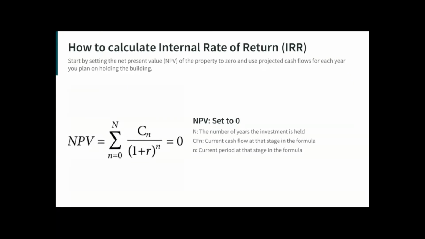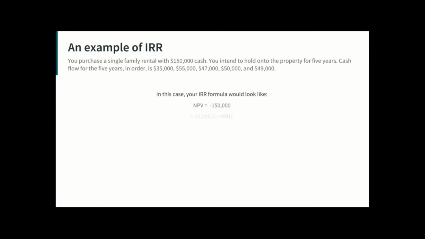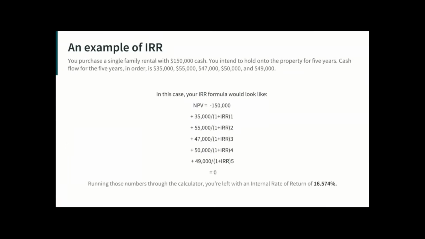When you calculate the IRR, what you're doing is setting the net present value, NPV, of the property to 0, and you use the projected cash flows for each year that you plan on holding the building. The net present value represents the value of money now versus in the future, once the money has accrued compound interest. Like I said, it's a very complex formula, but here's an example of an IRR calculation from our friends